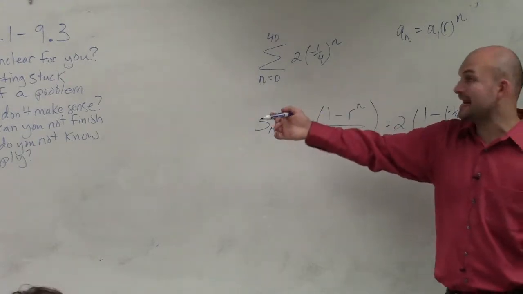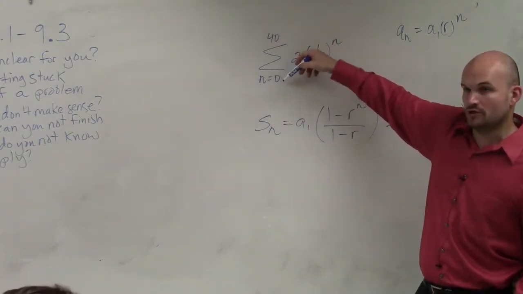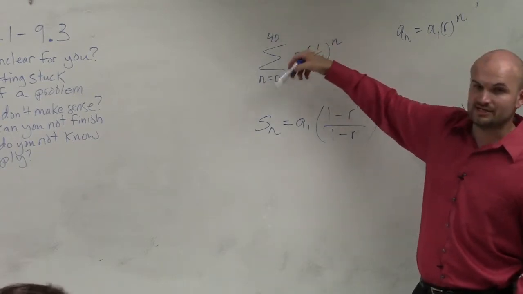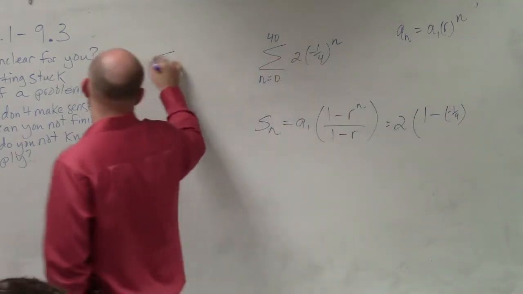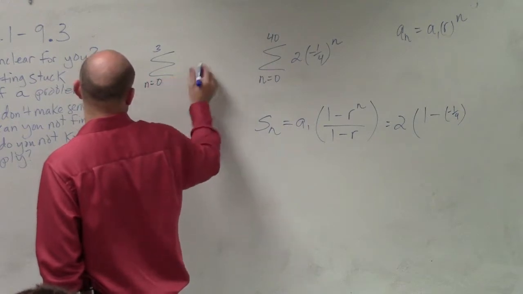Now remember, to determine n, what we do is take our upper limit, subtract our lower limit, the end and the start. So 40 minus 0 is 40, and then we add 1, correct? Because think of it this way. Let's say this was 3, and that was n equals 0, and my